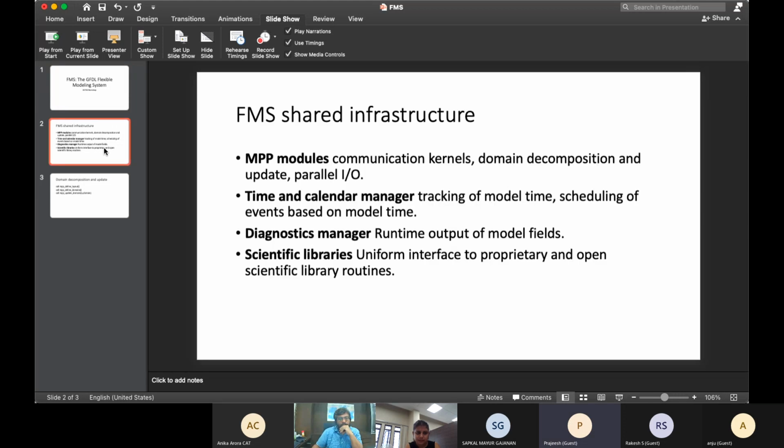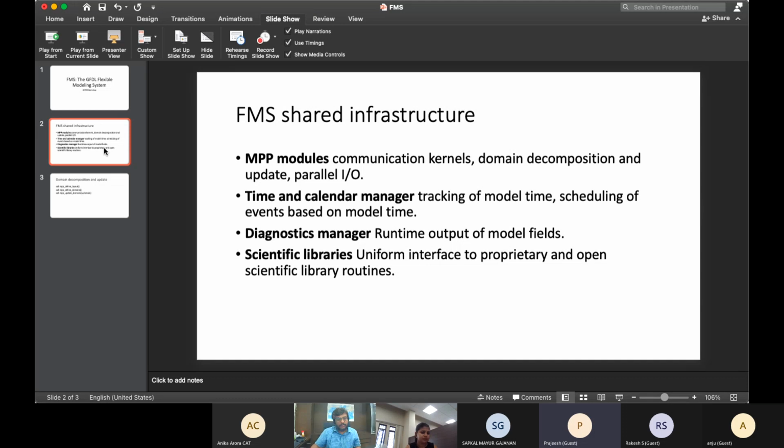Basically, FMS is an infrastructure which has a lot of functionalities which can be used for developing complex models, usually the models which we use in climate studies.